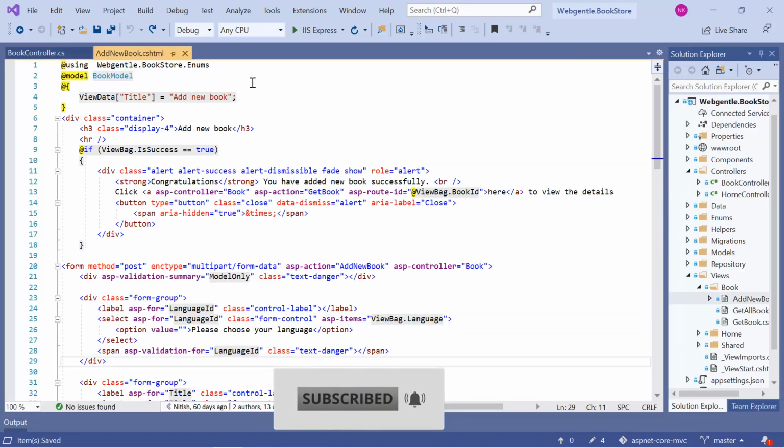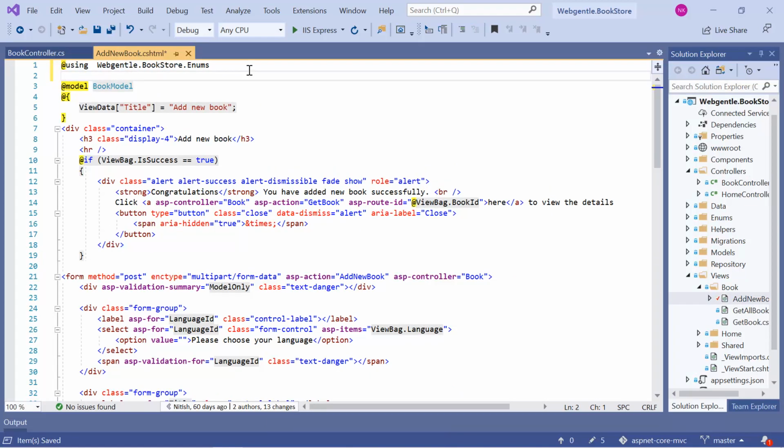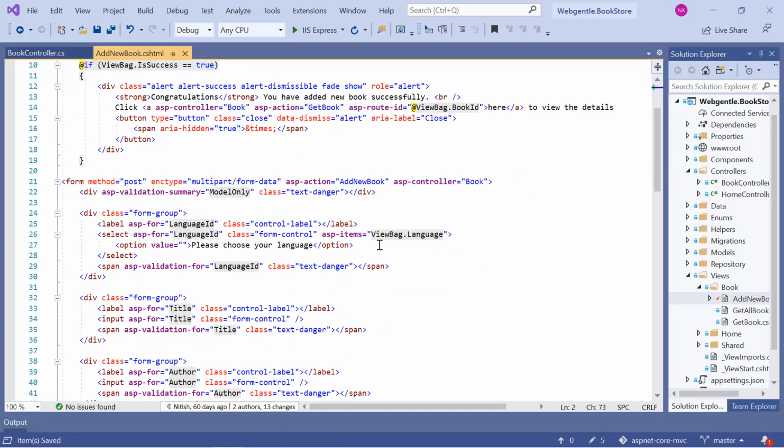In this view file, first of all you need to inject the language service, that is, inject ILanguageRepository. Let's give it a name, languageRepo. Okay, so over here we need to update our items. First let's remove this data from here and let's use this languageRepo.GetLanguage. Because this is an async method, we need to use the await keyword.